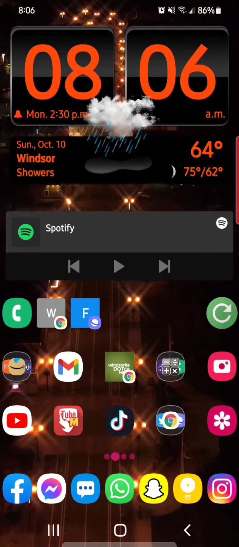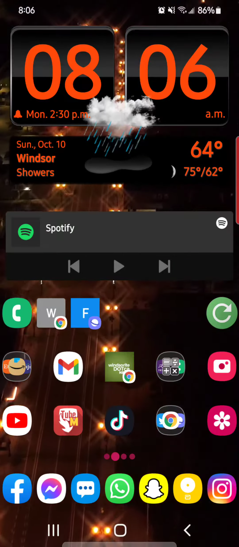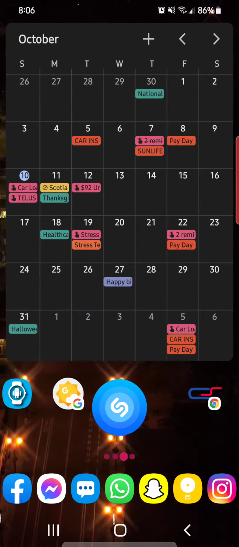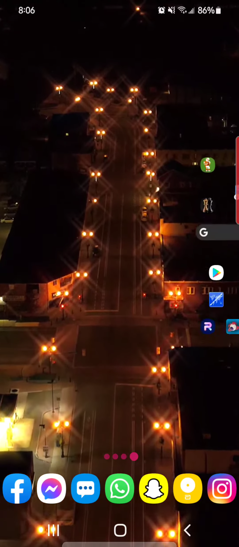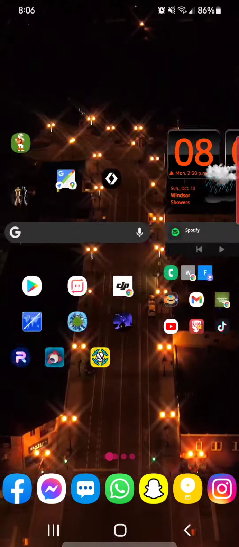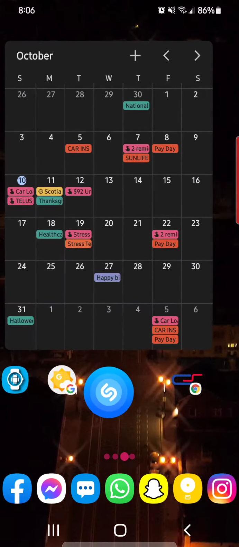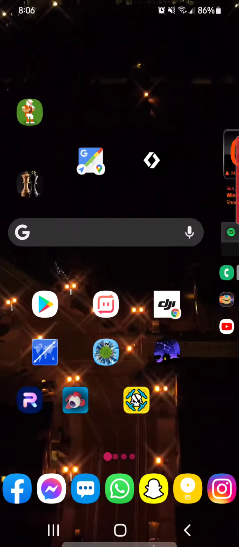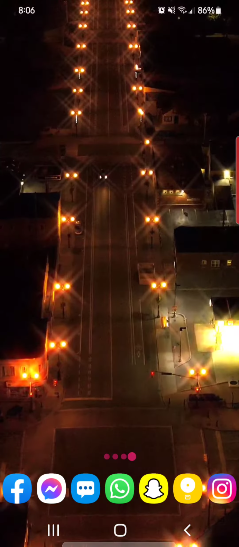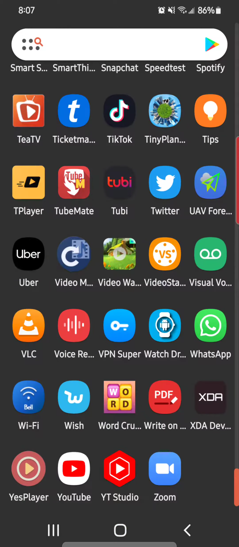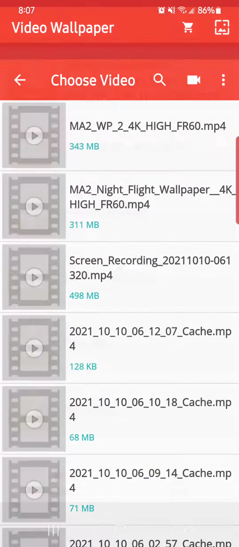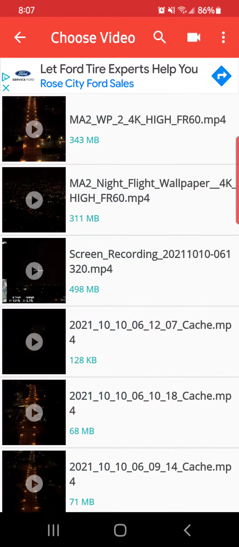So just in case you didn't know what live wallpaper meant for Android phones, this is it. Instead of having a stagnant picture that scrolls as you scroll through your screens, you can have what's called live wallpaper. So you can choose basically whatever you want. I use an app called Video Wallpaper. Then I basically pick which one I want. So that would be like,